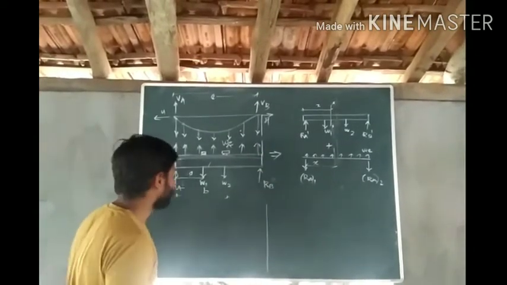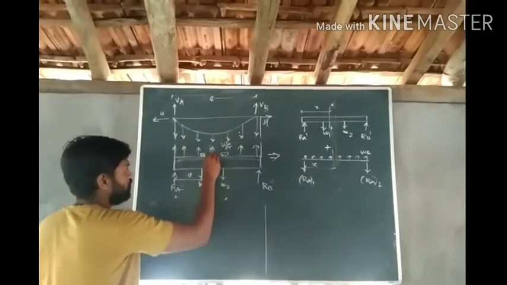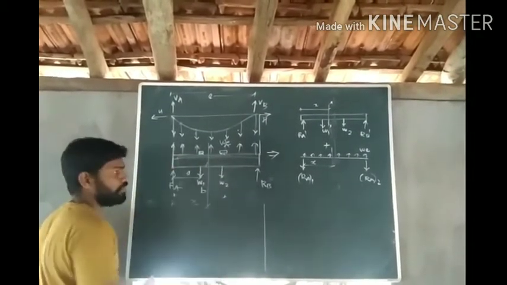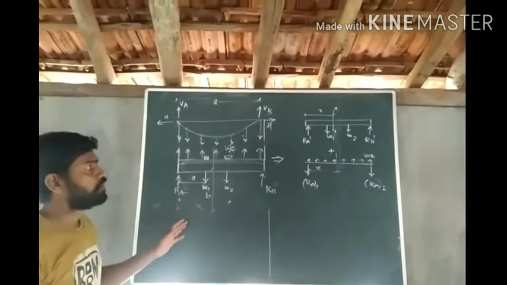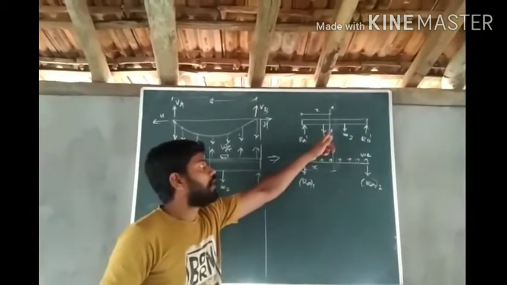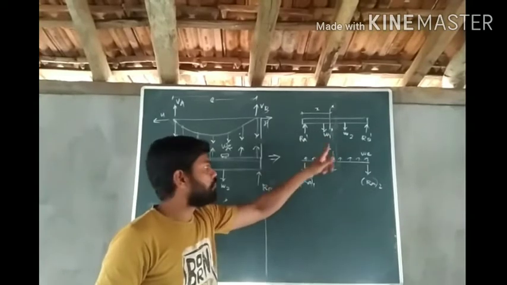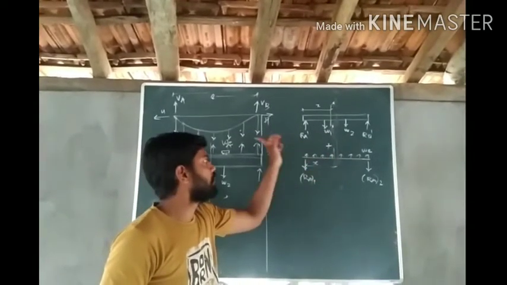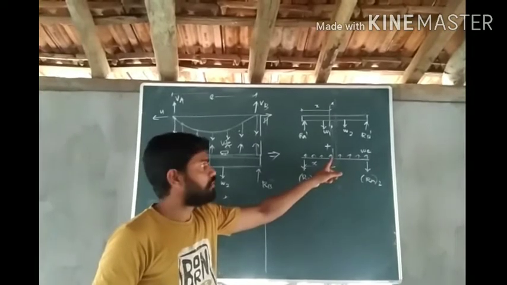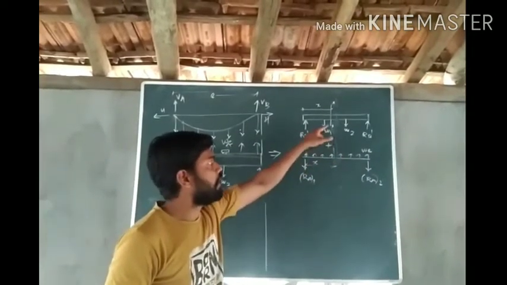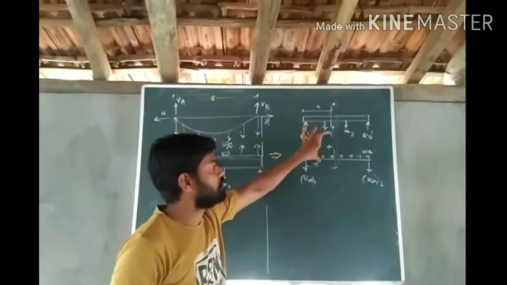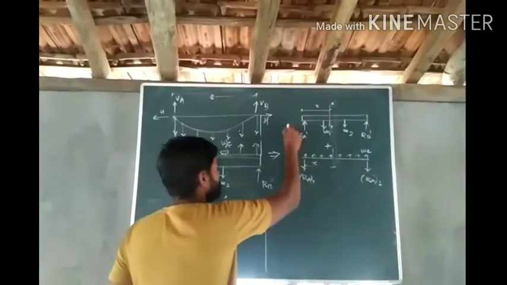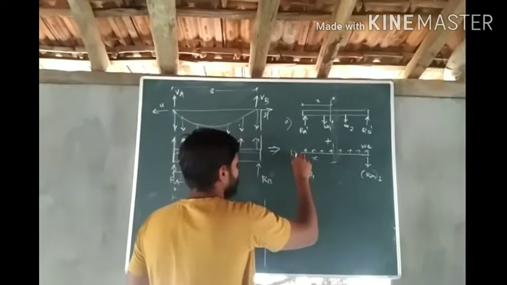Now suppose I have to calculate the shear force at a distance x in the main stiffening girder. It will be equal to the shear force due to the external load plus the shear force due to the UDL, or upward thrust created by the suspenders, WE. We have to take the addition from both the cases, or both the parts. I will consider this as A and this as B.